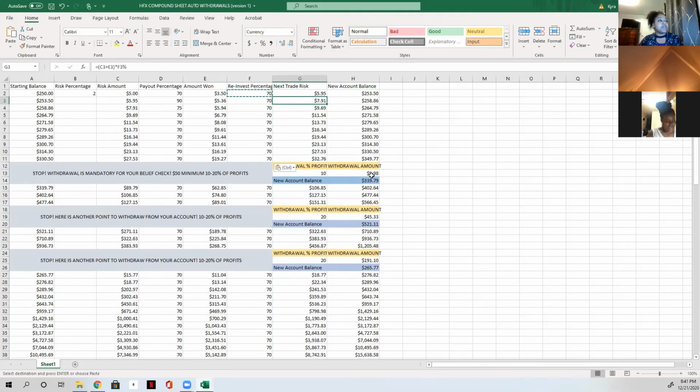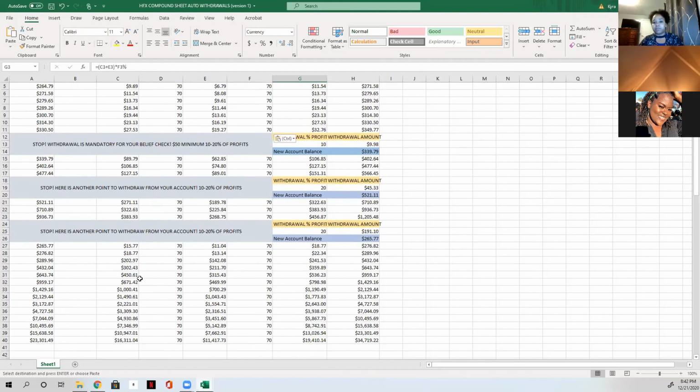But using this, when you get to this area, like I said, you're going to withdraw, then it's going to set you up again. You might have to re-enter the 70%, and so on and so forth. You get into some bigger trades down here, so please definitely make sure you're paying attention. You can take a smaller trade always. So if you're like, I'm not comfortable taking this $89 trade, that's okay. Go back down to the $27 trade. Stay there, continue to do so until you get to a point where you're like, I'm really comfortable taking these